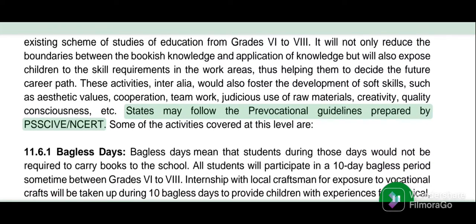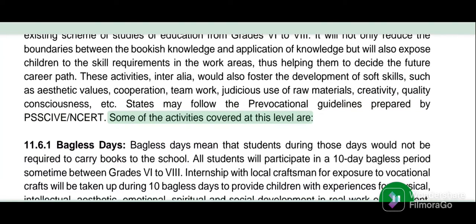States may follow the pre-vocational guidelines prepared by PSSCIVE NCERT. Some of the activities covered at this level are